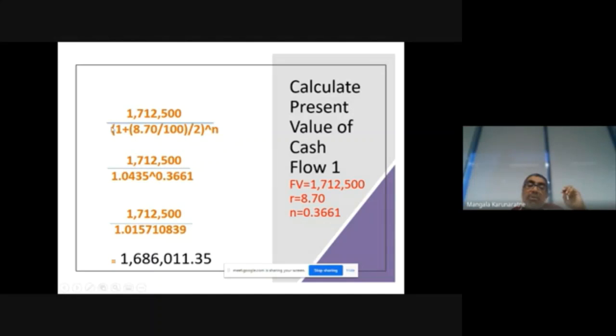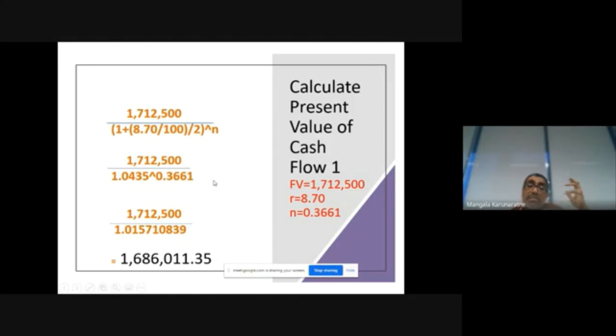Now when I do this first part, you can use the calculator, it's very easy. It's 1.0435, right? And you need to do this first